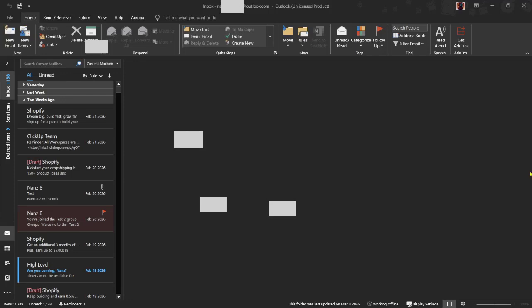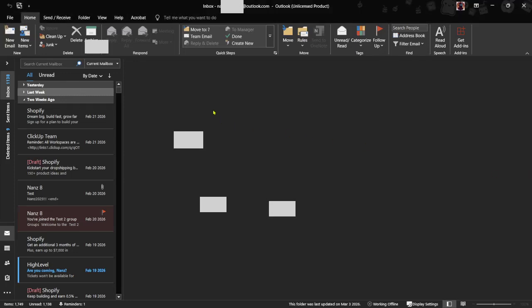In today's video, I'm going to teach you how to remove a shared mailbox from Outlook in 5 minutes. If a shared mailbox you no longer need is cluttering your Outlook, I'll walk you through a clean and safe way to remove it using the Outlook desktop app. This won't delete the mailbox or anyone else's access, it simply detaches it from your Outlook so your folder list